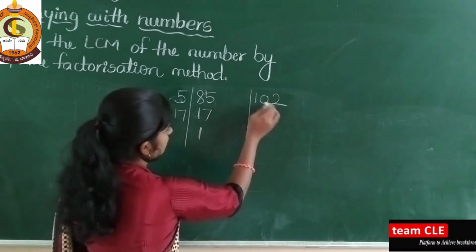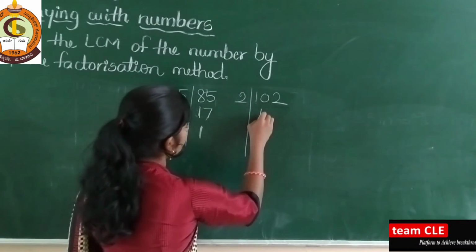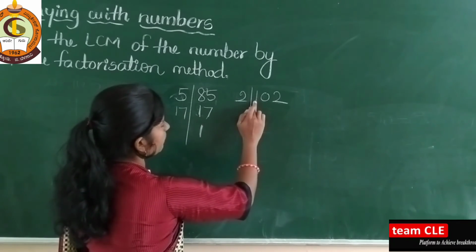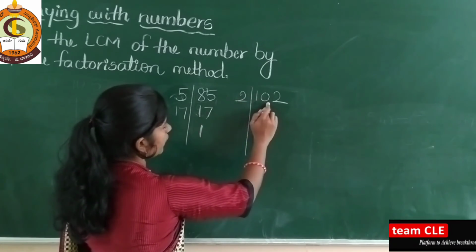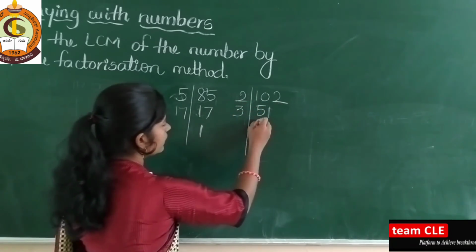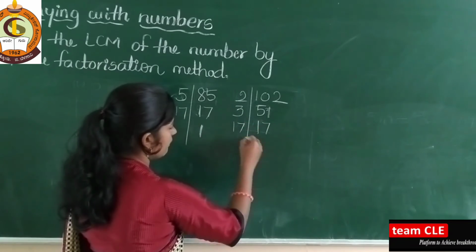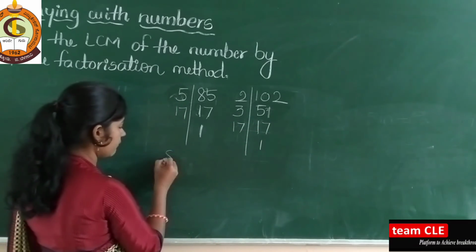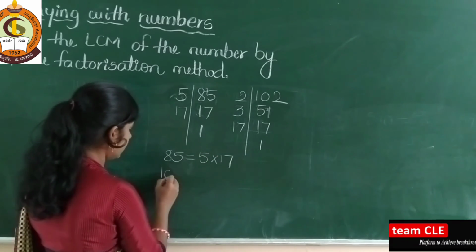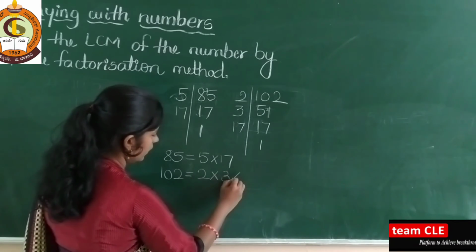Next you take the even number 102, where 1 plus 2 is there, means that number is divisible by 2. Sorry, not 2 ones are 2, here you need to take 2 digits because 1 is less than 2. So you take 2 digits, 2 fives are 10, 2 ones are 2. Next you take 3, 3 ones are 3 and 2 remain, means 3 sevens are 21. Directly you take 17 ones are 17. So write here the factors of 85 are 5 into 17, and 102, its factors are 2 into 3 into 17.